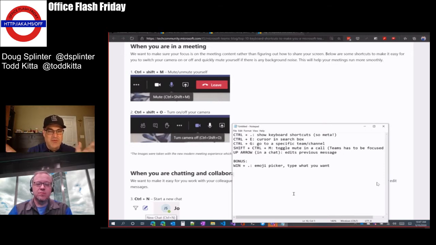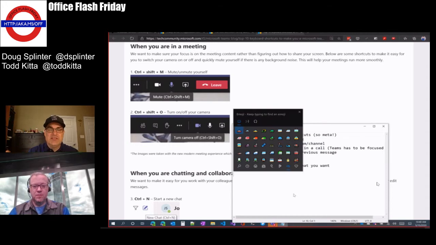This one is really cool. Not everyone knows about this yet. This was added in maybe the last or last-before-last version of Windows. So this is a Windows feature. Anywhere in Windows you're typing, you can hit Windows plus period, and you get this emoji picker. And so this is really cool. So like if I type,